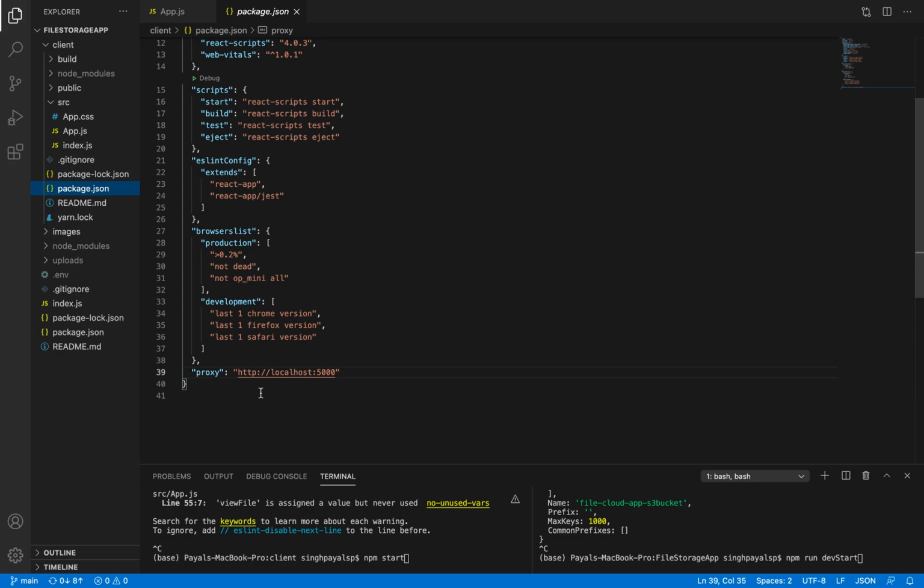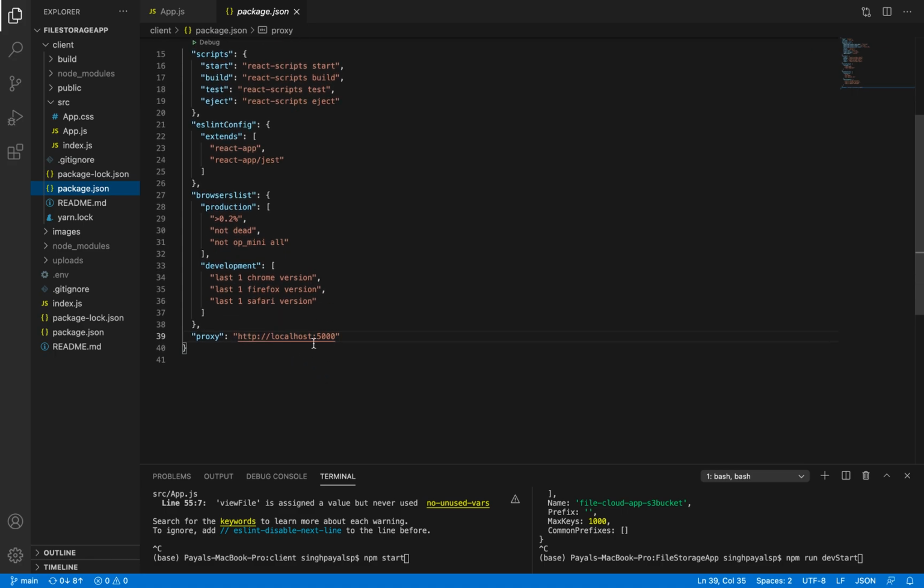So one question comes up: how does the client know where the server is running? That's why I have used the proxy here. This is the client package.json, and in the client I have mentioned that you need to listen to this port, and this is the link where you need to send the request or receive or listen.